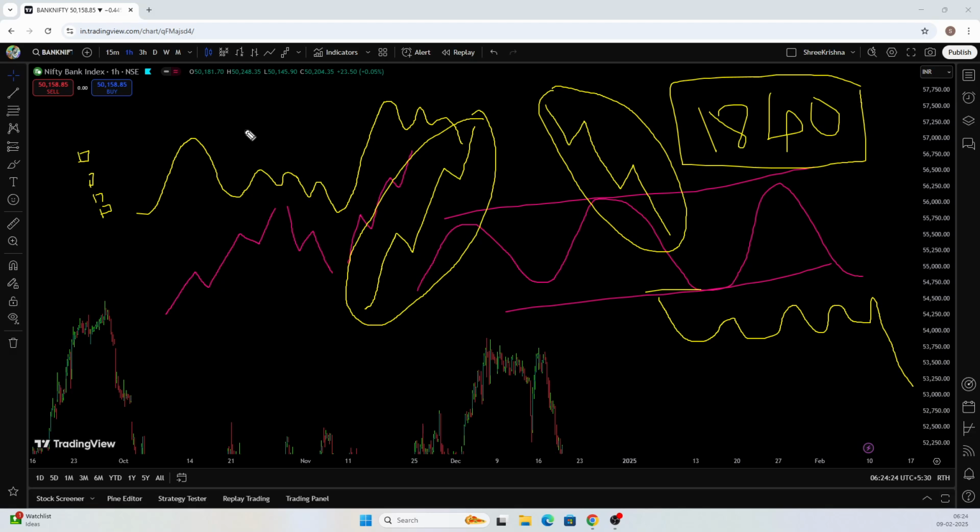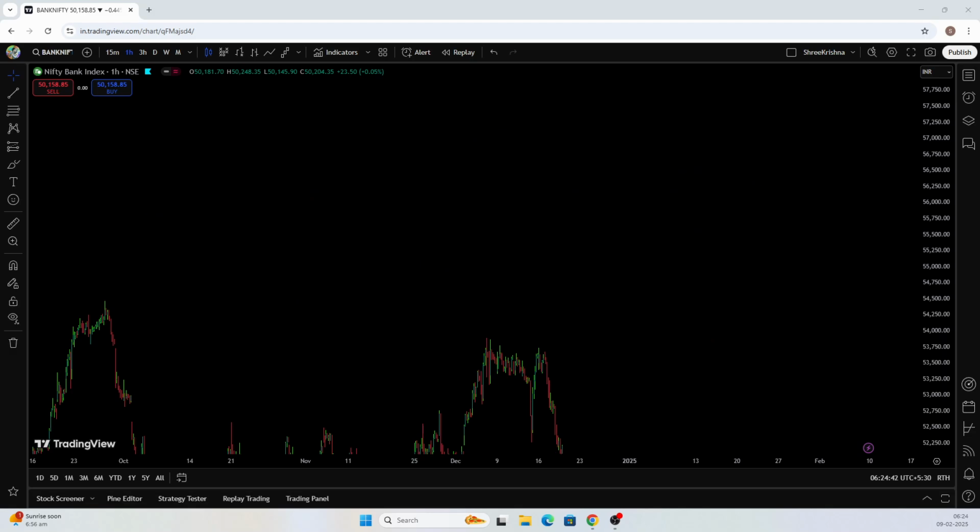Charles Dow picked up this and made some discoveries, and then he said that price moves in A, B, and C, so in a three wave. Then again, that was countered by R.N. Elliott. He said that no, when the price is in a progressive manner,